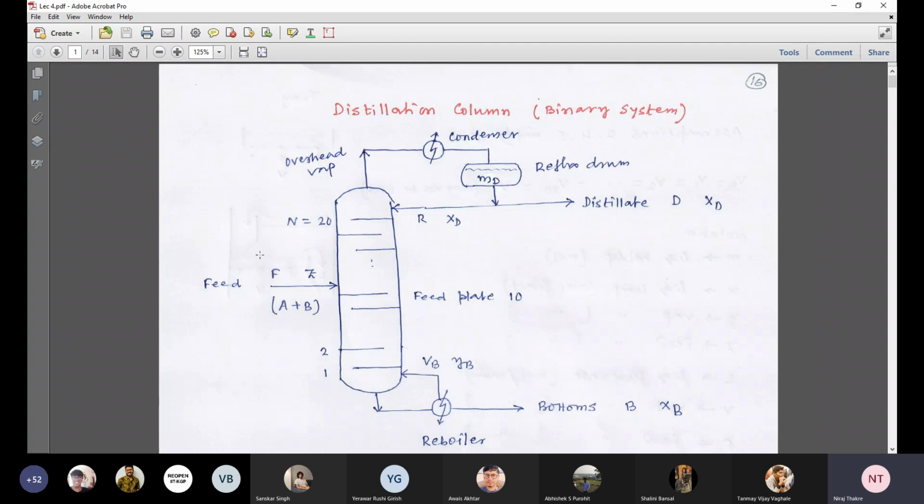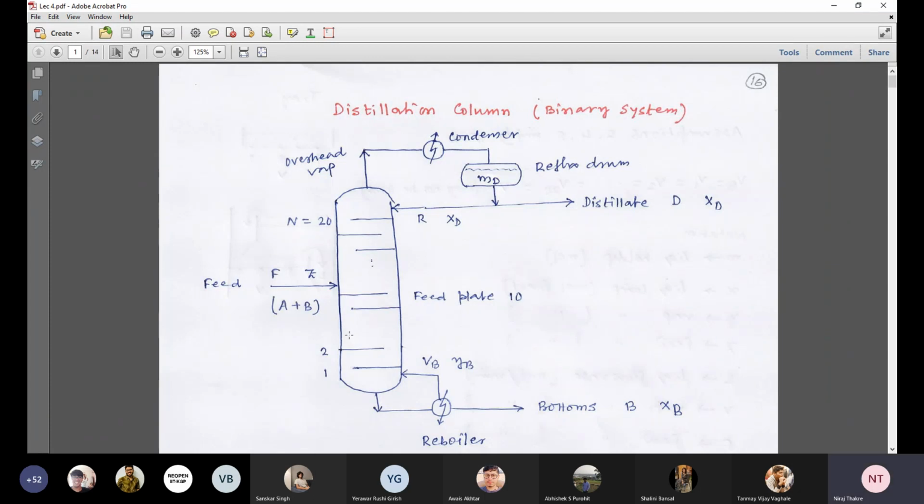Now at the beginning, let us consider this feed as a saturated liquid, suppose. If we introduce it here, what will happen? It will go down. I am repeating the steps again to remind you of the distillation operation. If we introduce the feed, it will move down because it is liquid, and it will directly come to this